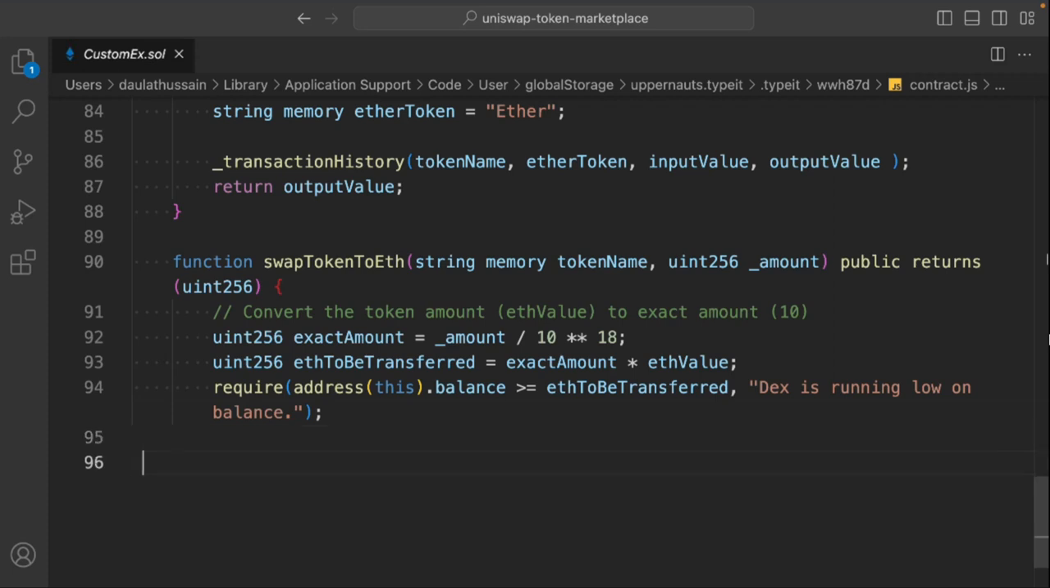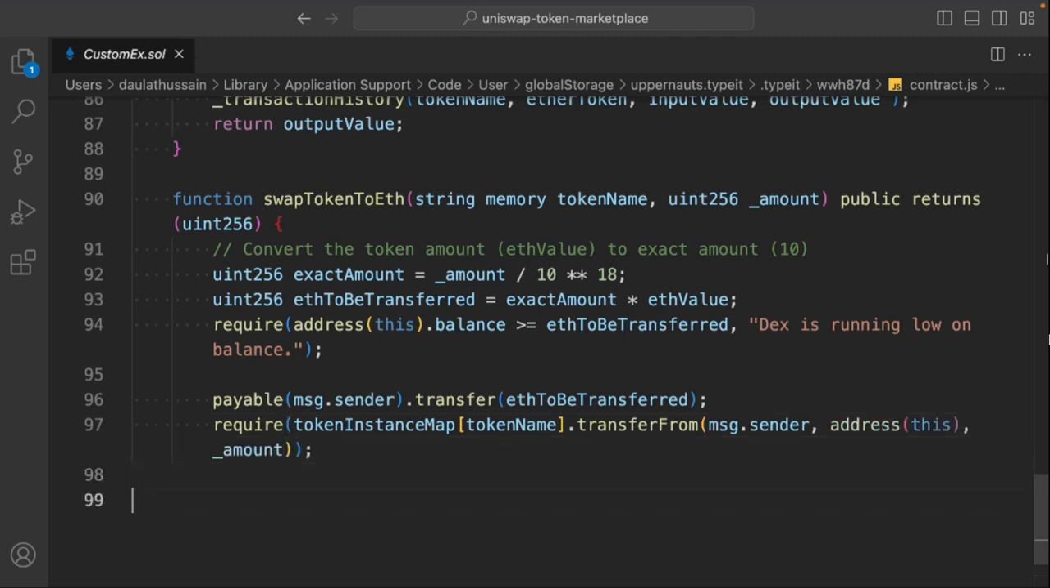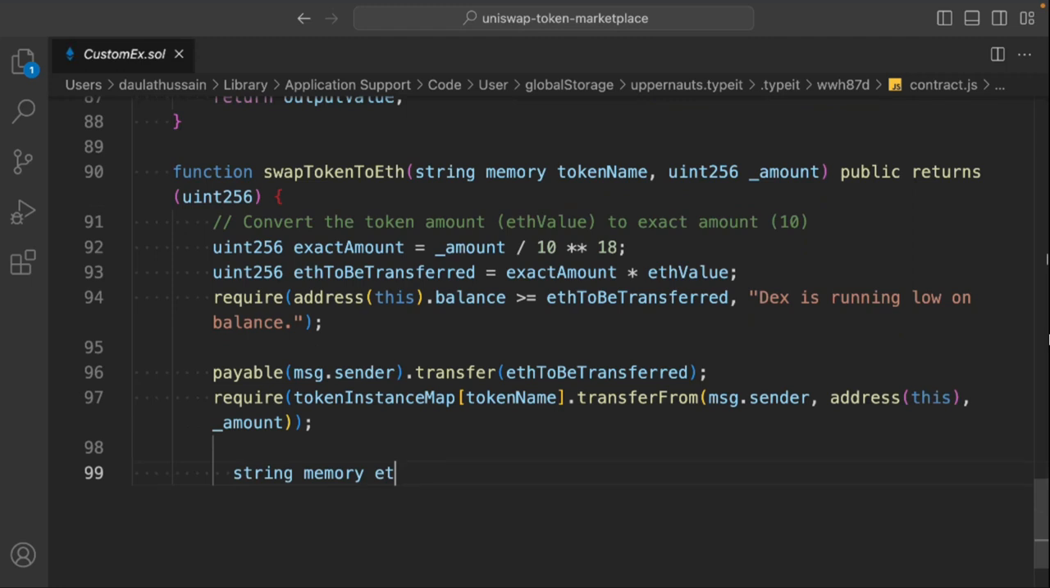Once we're done with the check, now we can come back here. We'll take this payable and we can call msg.sender and the transfer function, and then we have to pass the transfer amount and we have to do the check. So we'll call this token instance map, and we'll pass the token name and call the transfer function, msg.sender and the address(this) and the amount. Pretty good. Now simply come back here, we'll take this string and we have to simply update this information into our contract. So we'll take this string memory